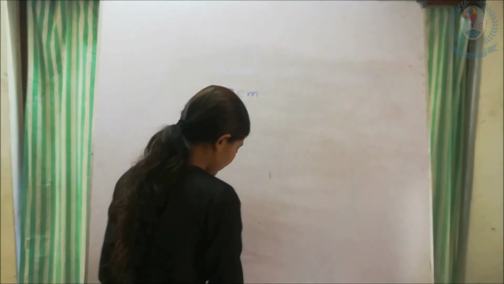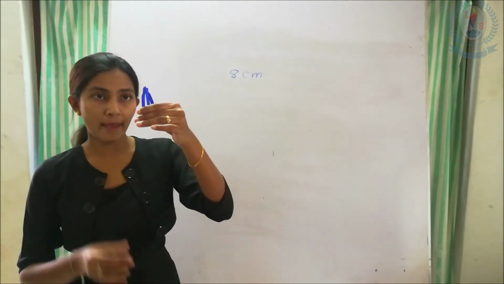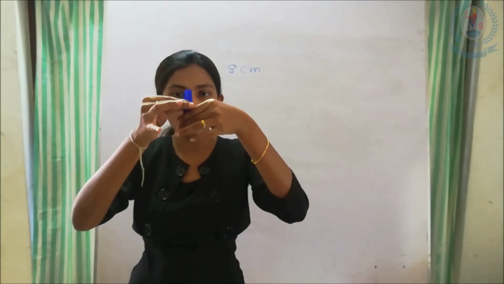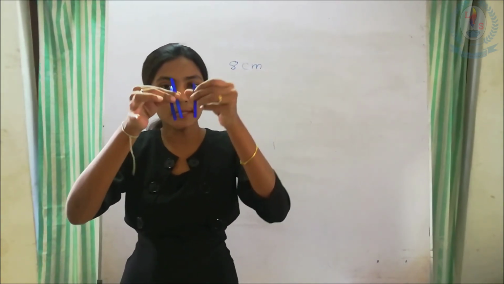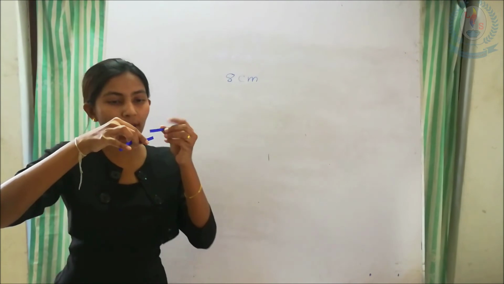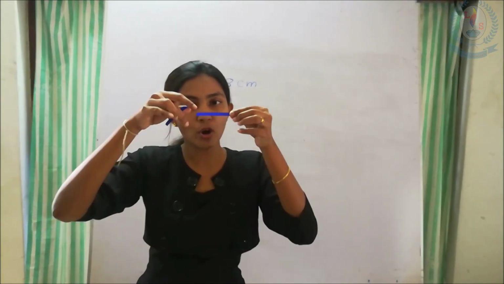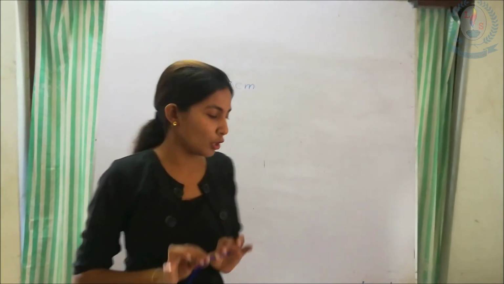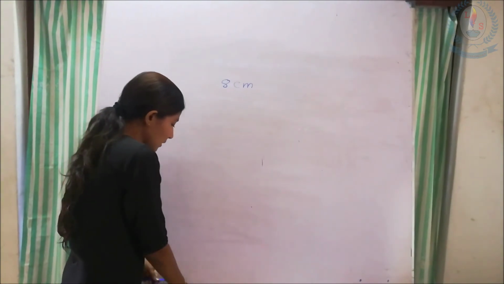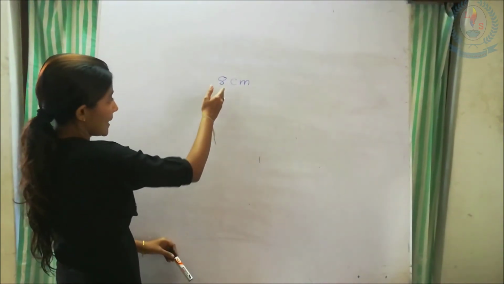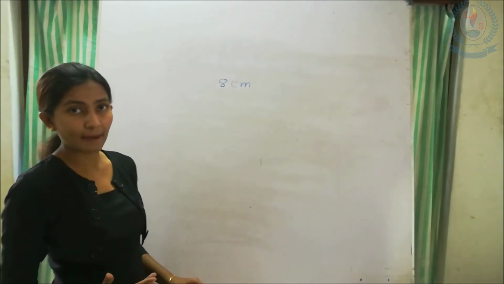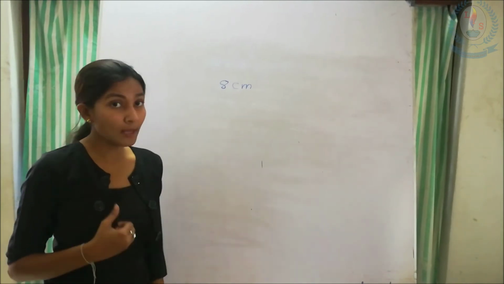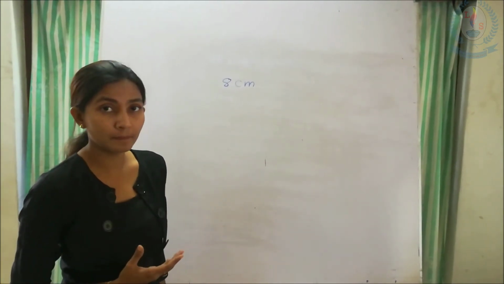Now, I have 3 ribbons with the same length. Can you all see? I have 3 ribbons with the same length. Now, if I join these 3 ribbons, how long is my ribbon? I am going to check. So, to this, you can either add this 8 three times, 8 plus 8 plus 8, but that is very difficult, and we have learned a simple way, the times tables.